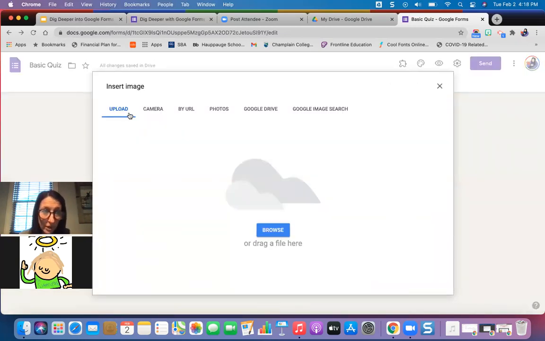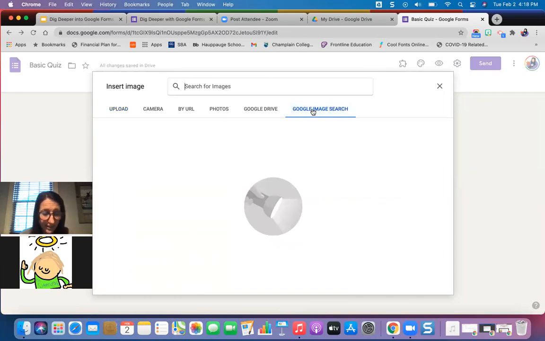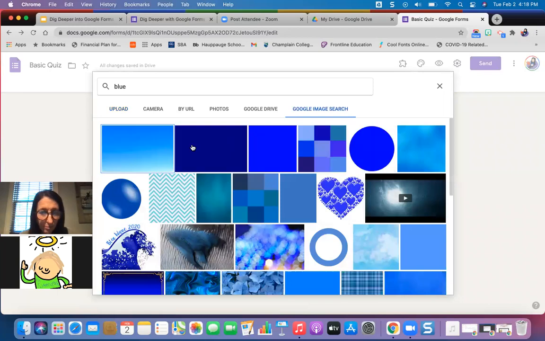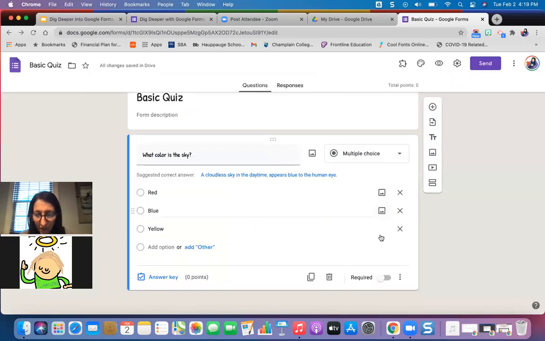I can upload a picture. I can take a picture. I can go by URL, so copy in a URL, paste it in. I could go from my photos. I could look at my Google Drive, or there is a Google image search, which is very handy to just kind of peek up. I could put the color and I could just add the color in if I wanted to. Okay, so you can do that for every one of your answers. And we're going to talk about how that could be useful when we're doing a check-in with our